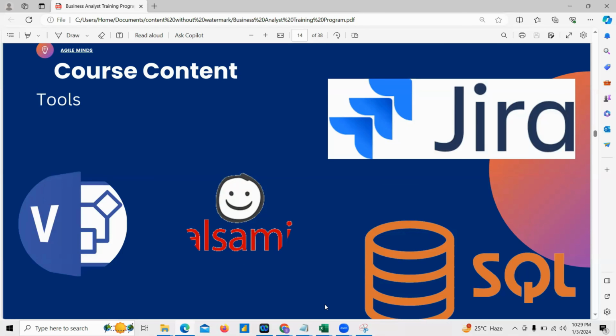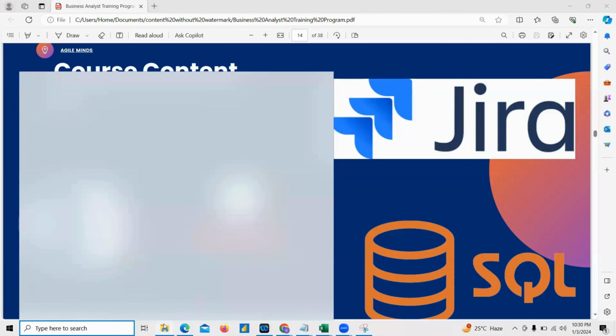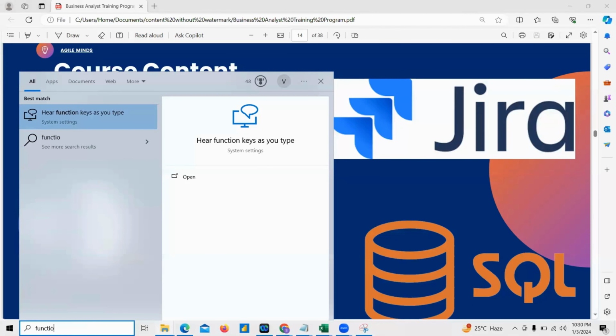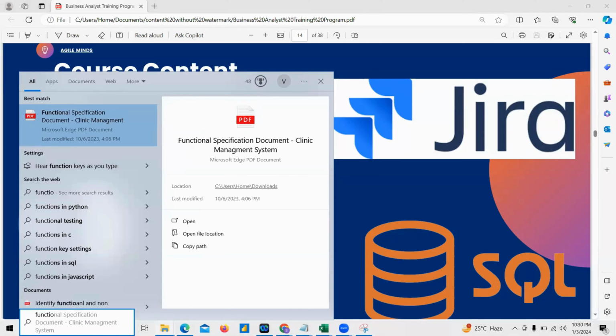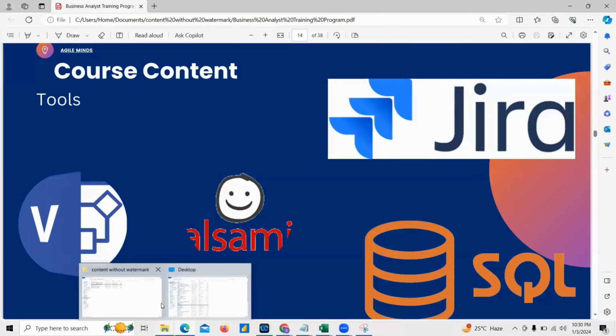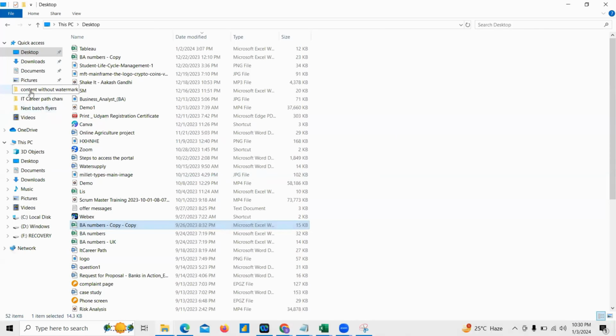What is a mockup? Do you know what a mockup is? This is a sample representation of what we develop in the UI. Correct, a sample. Let me show you one sample.